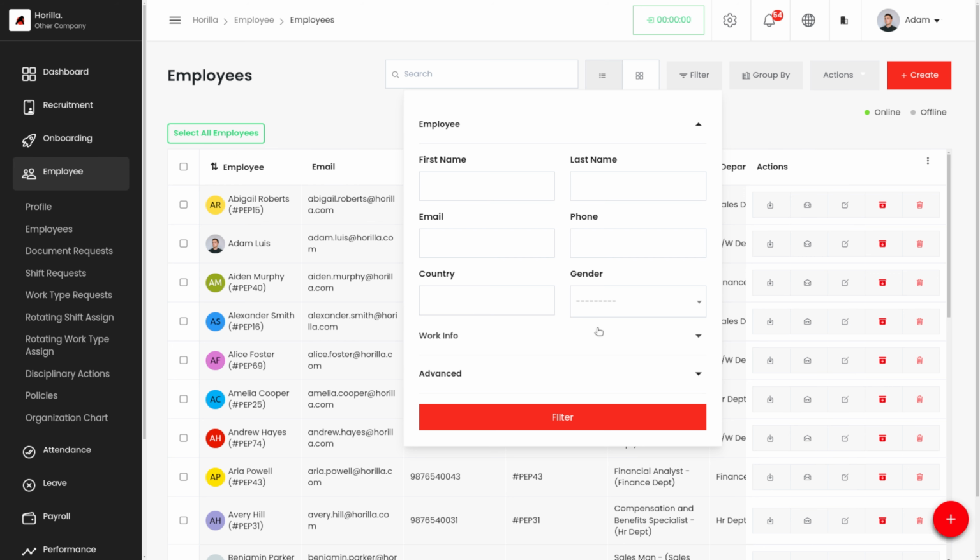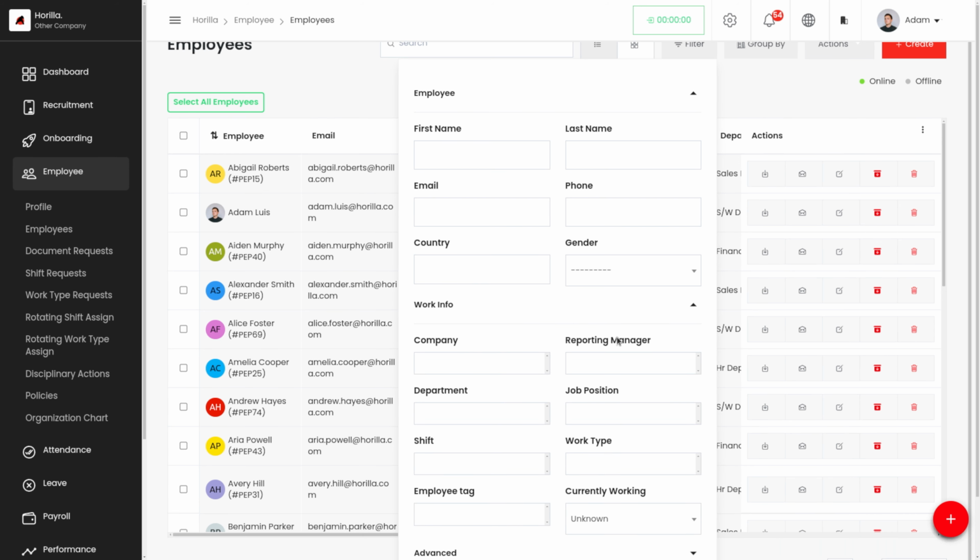And next we have the work info. So like that, if you know the reporting manager of the employee, and we want to filter out the employees with a particular reporting manager, we can do that. Let's give a reporting manager.